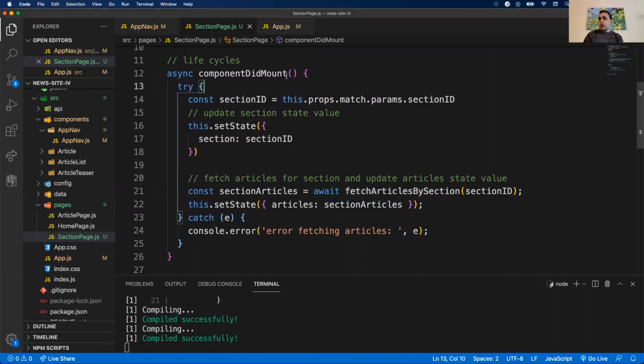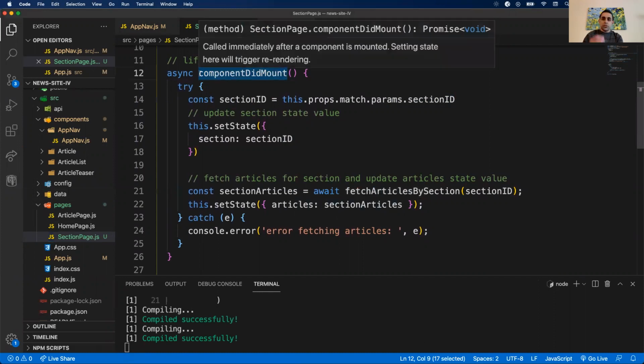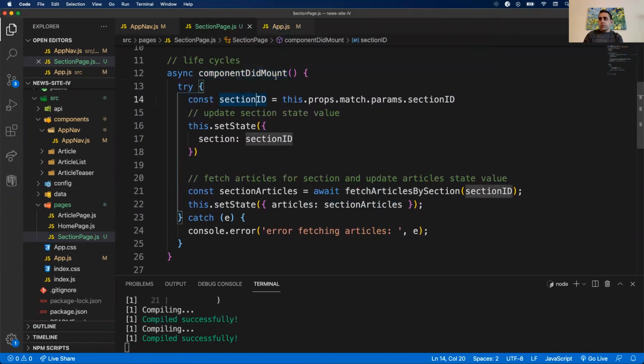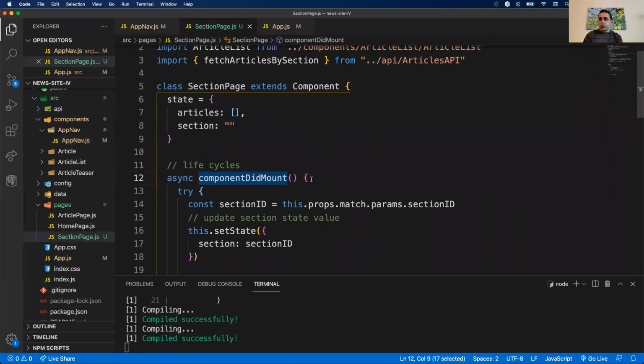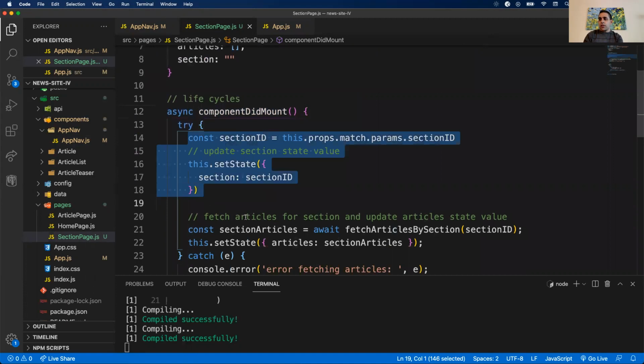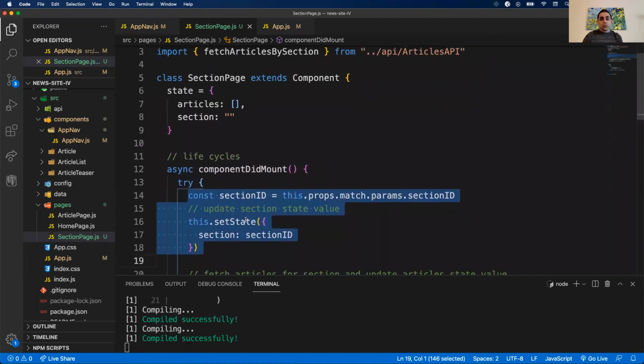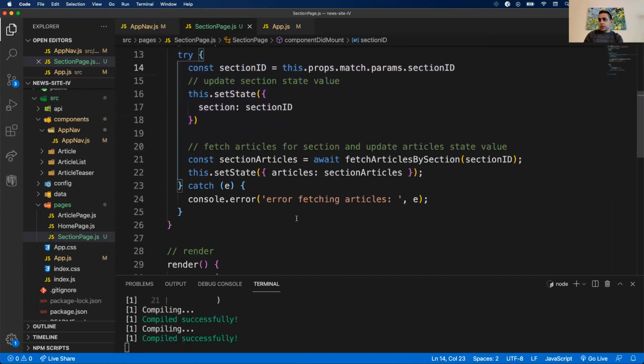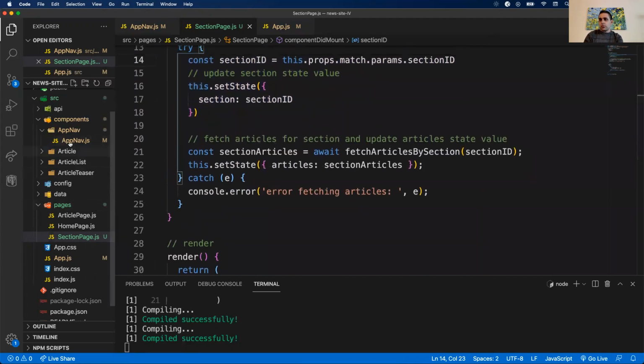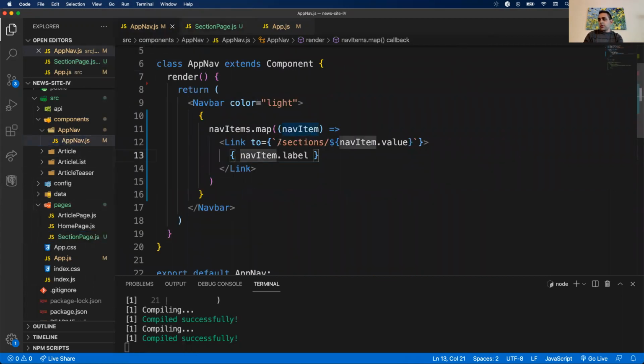So we are currently in component did mount. If you remember from our lecture this morning, this will only fire once in the life cycle of a component. So after the initial render, it will get this data and then render it once. So again, React is not going to create your components over and over. So when I click on this link that I set up in appnav, it's going to go to a new page, but React is going to be like,